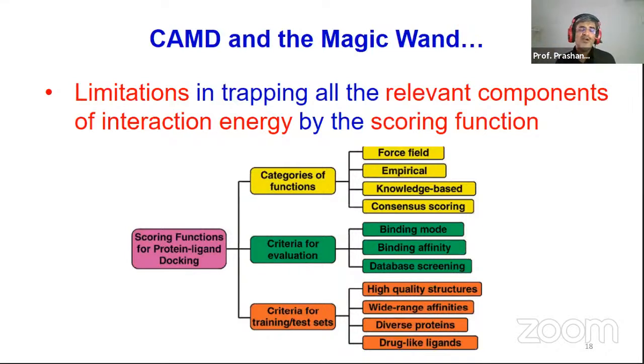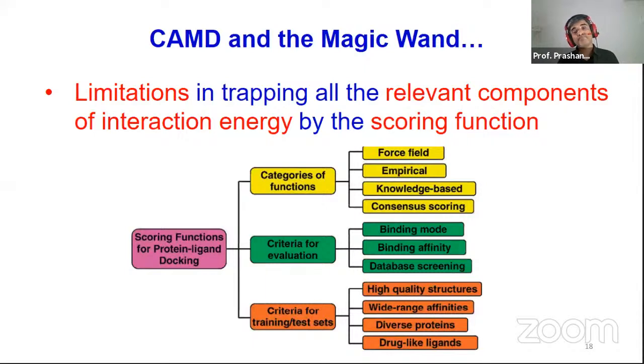So you actually use the experimental data to train the mathematical function, and in turn the experimental data used for training this function is itself variable, because it comes from biological systems, and biological systems are complex or complicated, and that's where the whole thing is taken for a toss, right? Although we know for sure how to increase the accuracy of scoring functions. One way is that you combine a variety of scoring functions so that you increase the robustness of the outcome, and that's where consensus scoring comes in, which is a combination of probably all of the better scoring functions which are based on different philosophies.